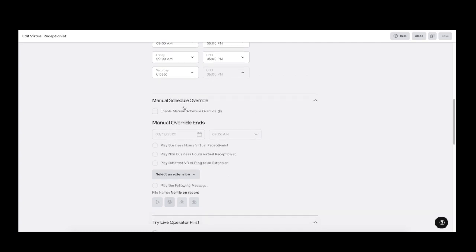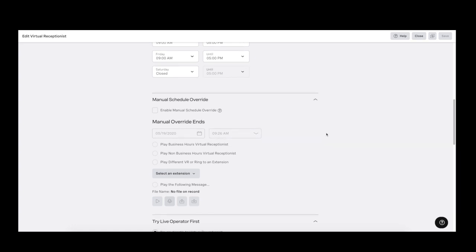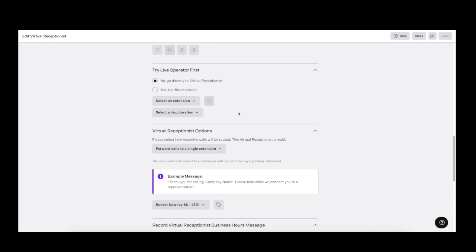It also contains a manual scheduled override feature, which allows me to set this in case of inclement weather, where the office might be closed due to bad rain or snow, and I can have it programmed to play a different message during that time, and it will automatically expire based off the date and time you set and go back to normal operation.